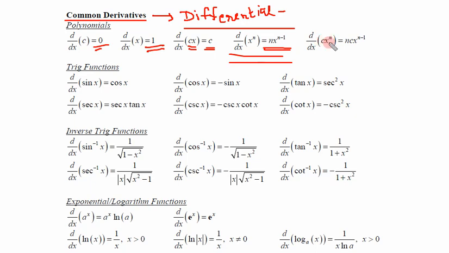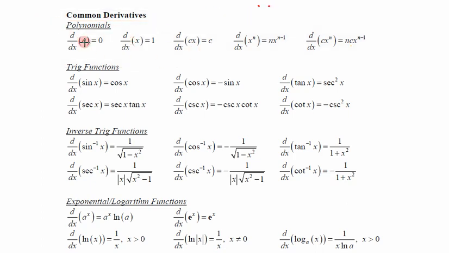Now with a constant, simply the constant will be multiplied. Constant and x to the power n, simply the constant and this n x to the power n minus 1 is there. So like cx gives c, this x differentiation is n x to the power n minus 1. Same, n c x to the power n minus 1. So these are the formulae for differentiation. First we are taking the case of constant, x, constant with x, x to the power n, and constant times x to the power n.